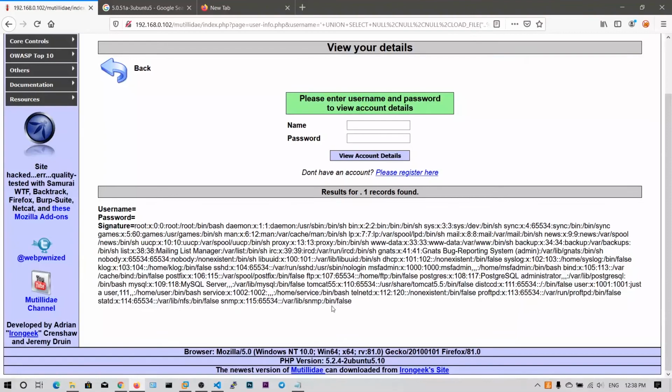So there you go, guys. We got the information of this etc/passwd, and you can see if there are any users with no password or anonymous login, then you can log into this system using that username.